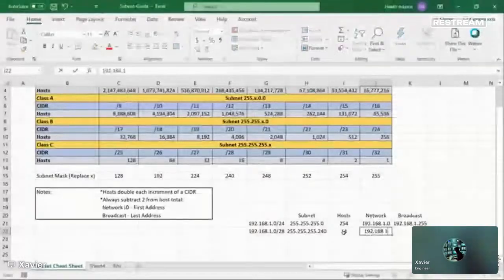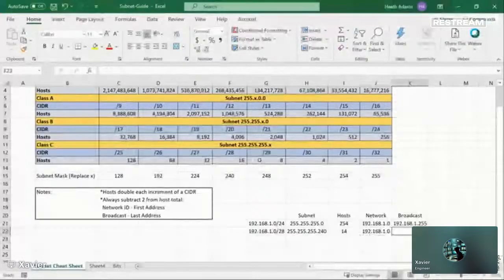Okay, so the network ID would be 192.168.1.0. Again, still the same thing. First address. Last address is going to be what? 192.168.1.15. Does that make sense? In 16 addresses. Usable space is for take out the network and the broadcast. Now, you could